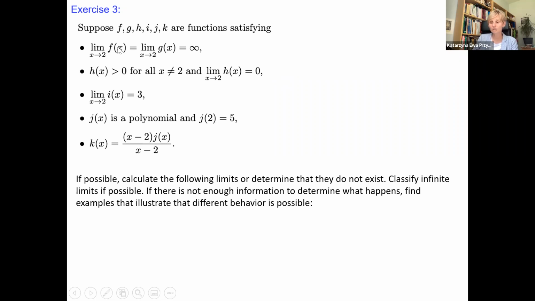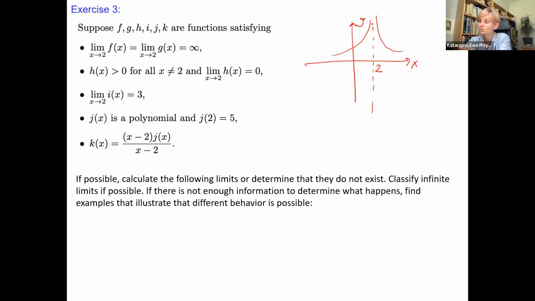The limit of the functions f of x and g of x at 2 is infinity. Okay. So we remember from the previous problem that if the limit is infinity at the number 2, in this case positive infinity, that means function f and function g on both sides go to infinity,